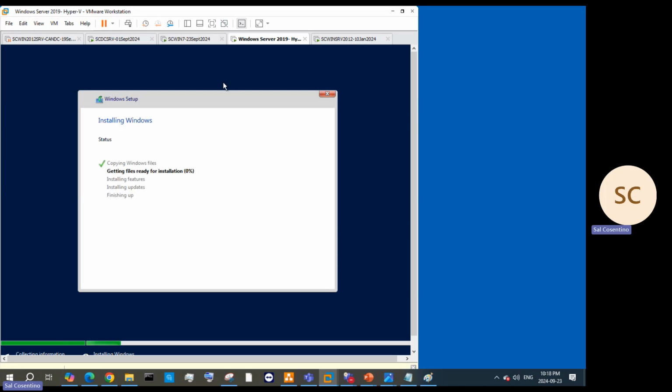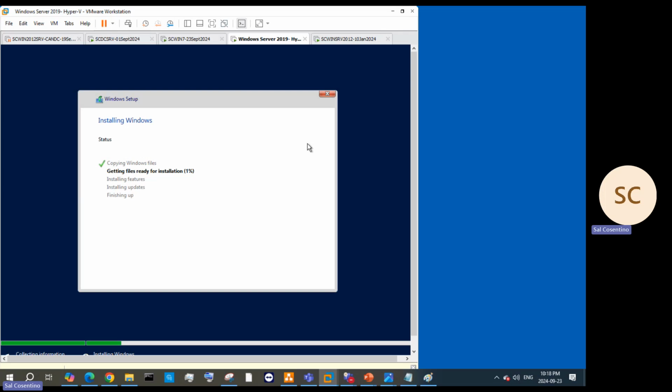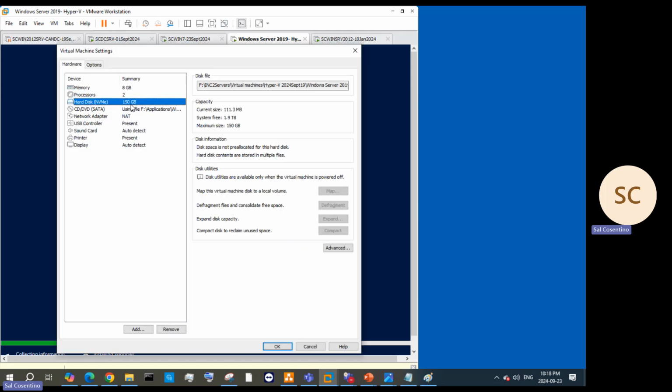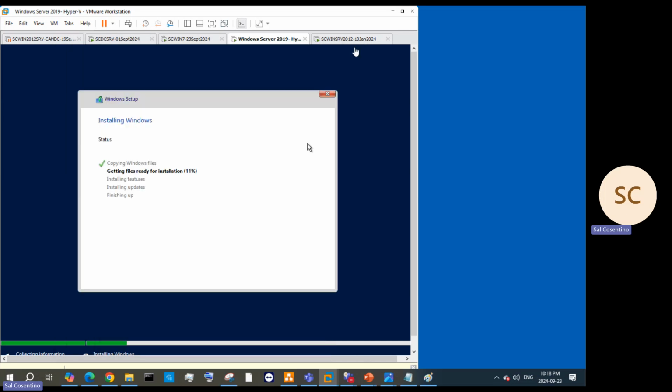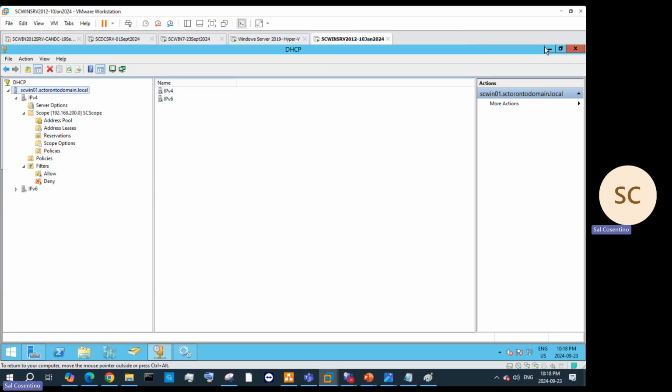I can also add different drives here after I shut it off. I can add those specific drives later and we can create RAID options with different drives. And that's it. So let's go back to our